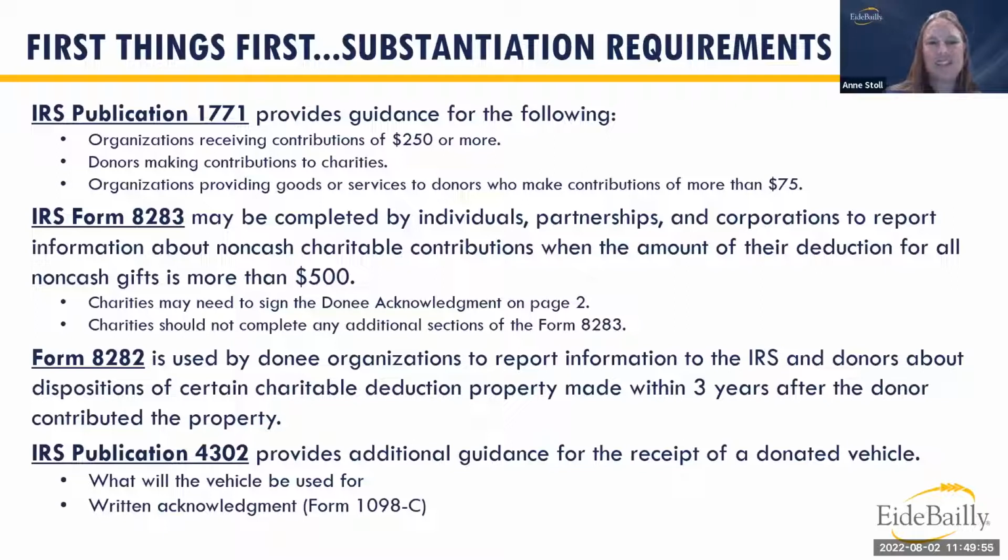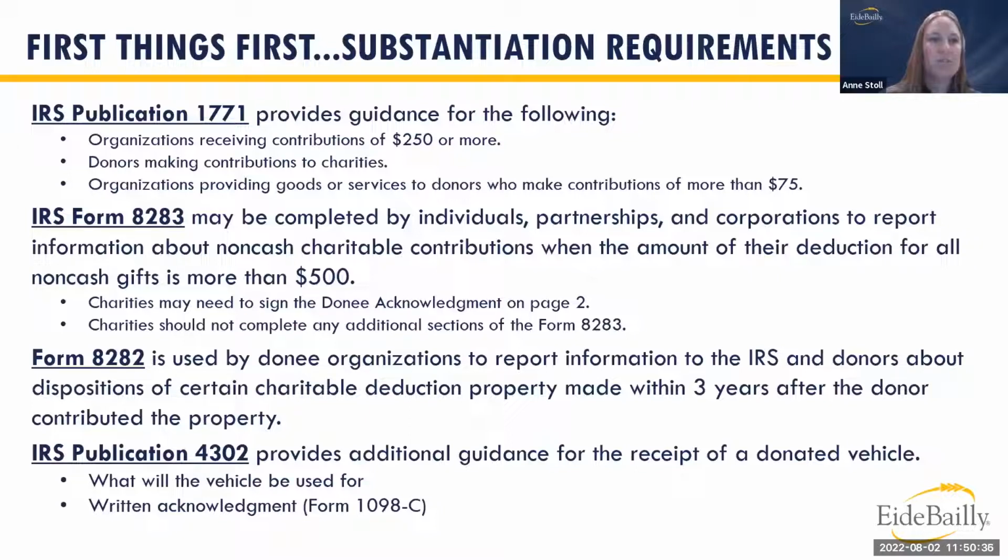The additional sections on Form 8283, you really should not be completing those. If a donor is bringing it to you and asking you to sign as a donee acknowledgement, right above that is a qualified appraiser section. Unless you're a qualified appraiser, there's no reason for you to be signing or doing anything in that section. It really opens up the recipient organization to additional risk if you are putting information in that section. So really keep your information as the charity to say, yep, we did receive this gift, and acknowledge that section